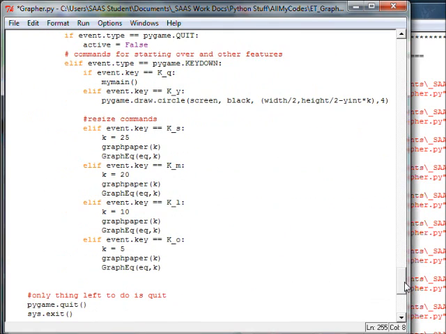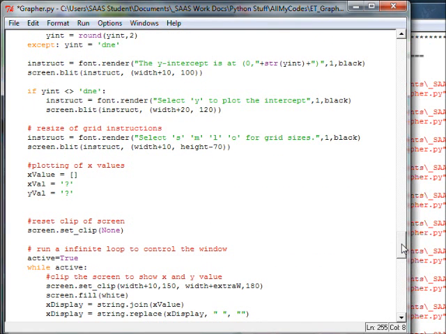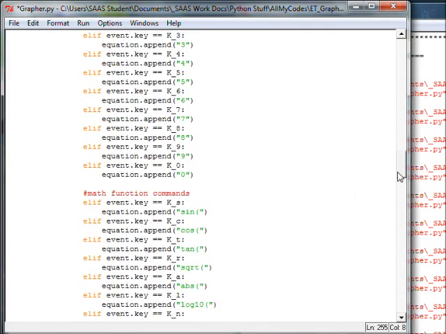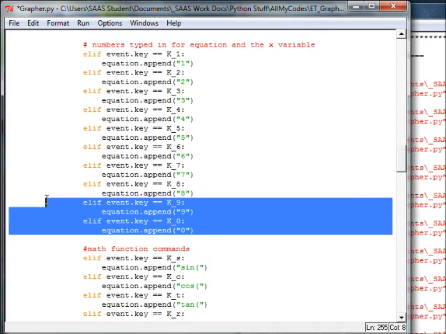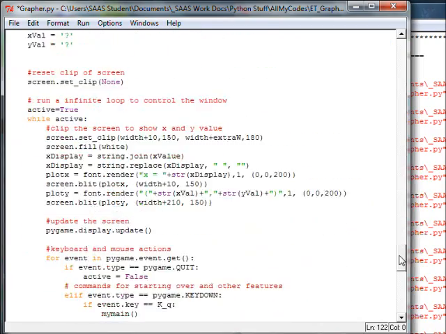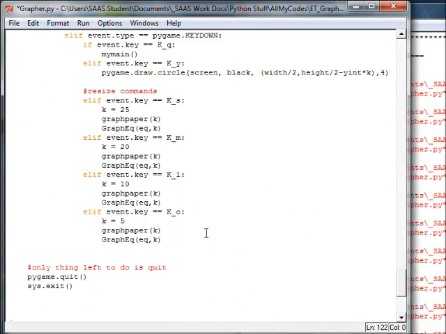Now we got to put in the commands for appending the X value so that this displays the actual value. So what I'm going to do is come up to the top and steal my own code of all the numbers. I'm going to copy all of the number commands that append in the equation, and I'm going to put them